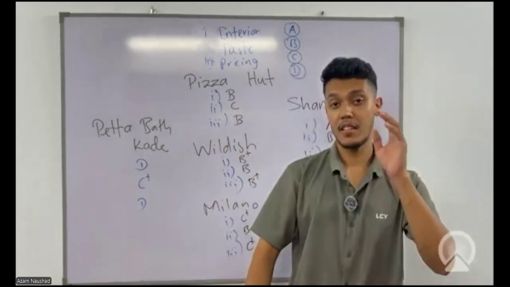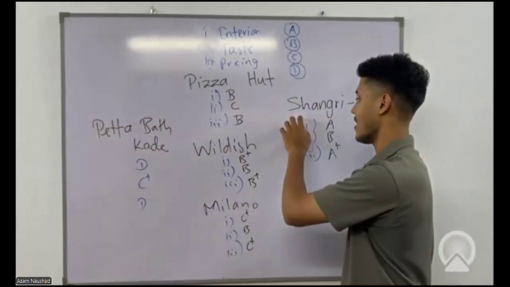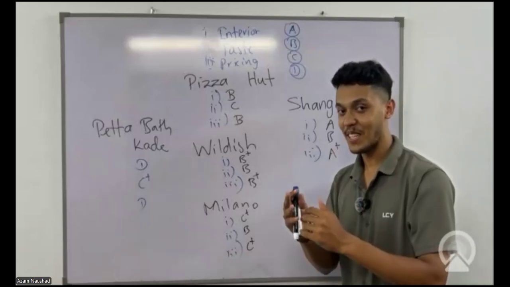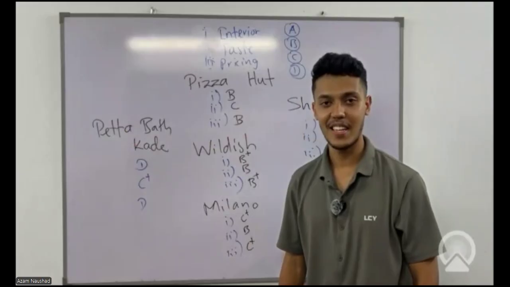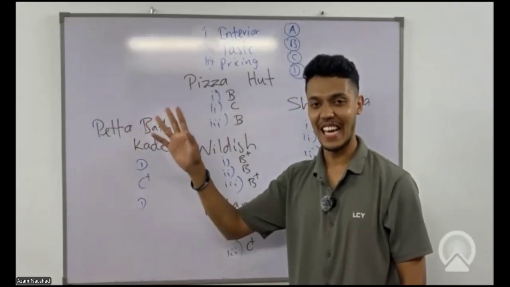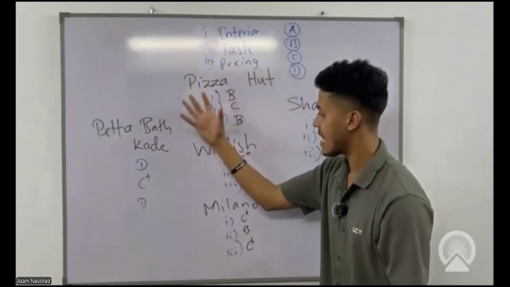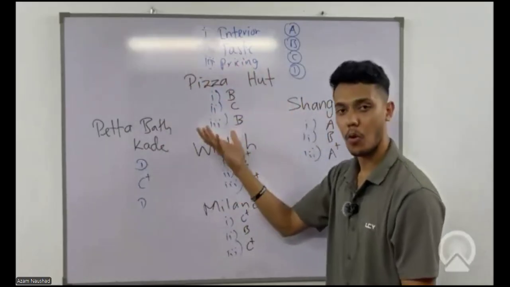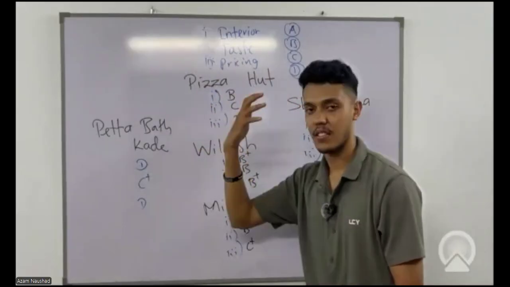You cannot go directly and say Shangri-La. No, this time we need to have a general answer. What if your Periyappa or uncle goes to Petabat Kade thinking that this is Shangri-La? Which means he is trying to test or explore more foods, not only in Shangri-La. So how are you going to answer that question?